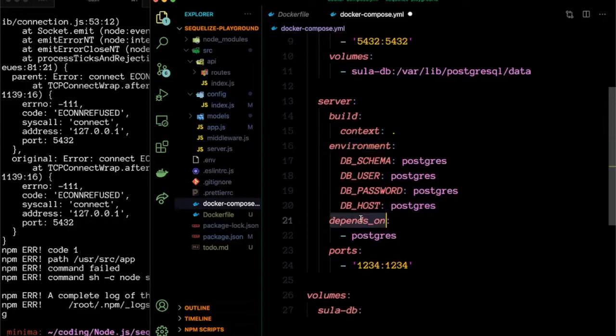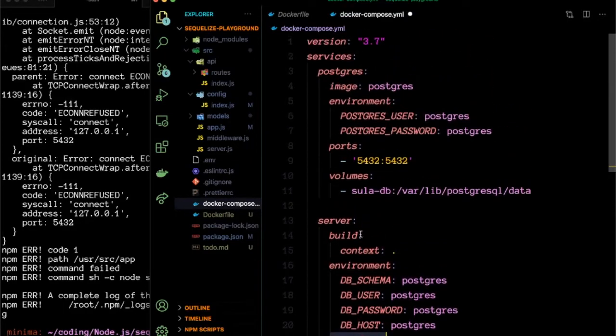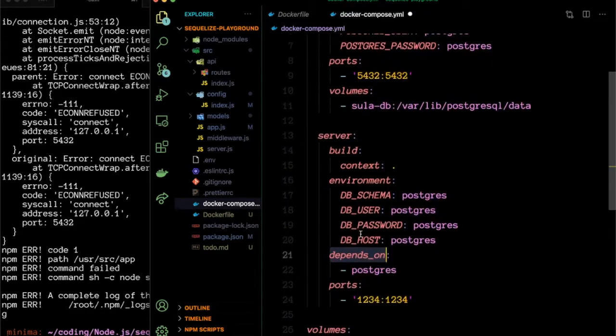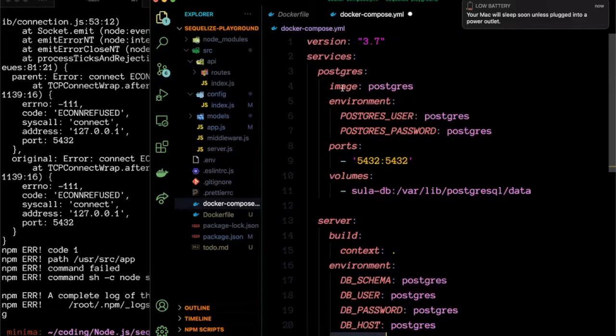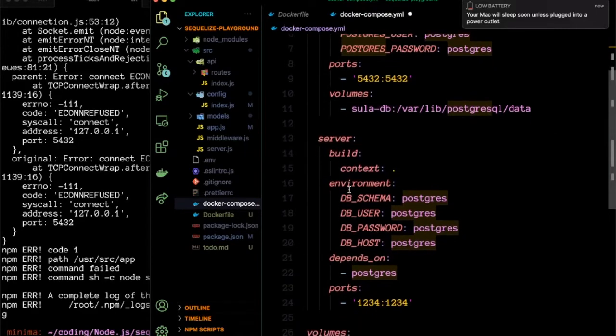And then the important thing, it depends upon our Postgres service. So as you can see, I have written this depends upon Postgres service. So what Docker Compose will try to do is, whenever I run my server with Docker Compose, it will first start this Postgres server so that my server can run properly, right? Because if my DB server does not run, then I will get the error of DB is not being connected.